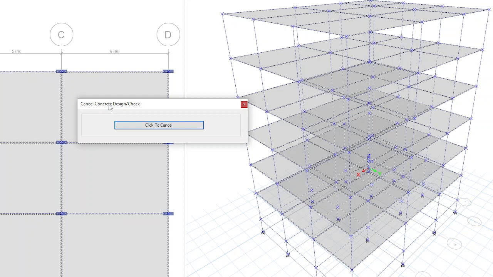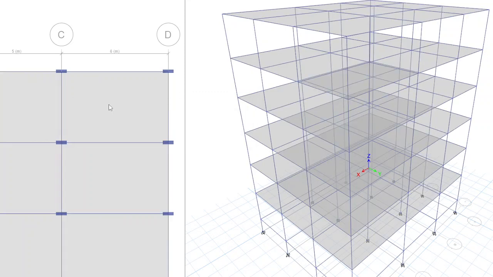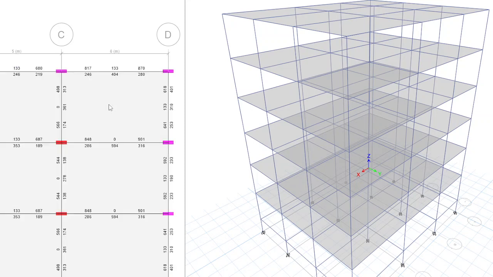Once we perform the design, we'll get area of steel. That area of steel you need to convert into number of bars.